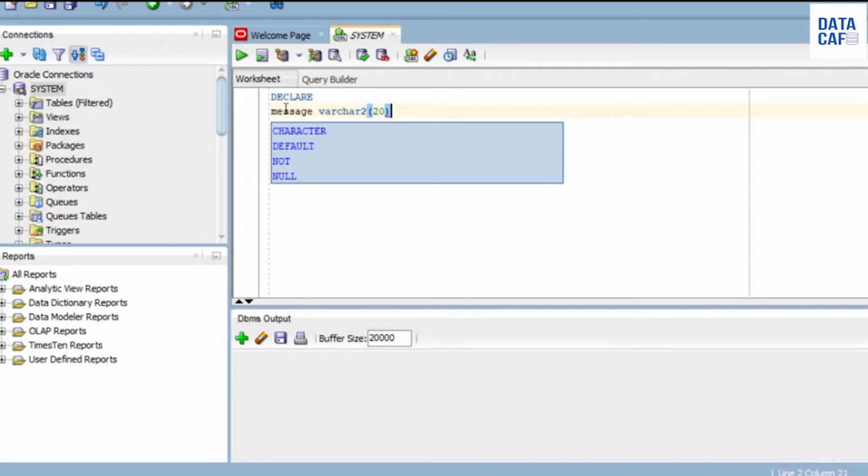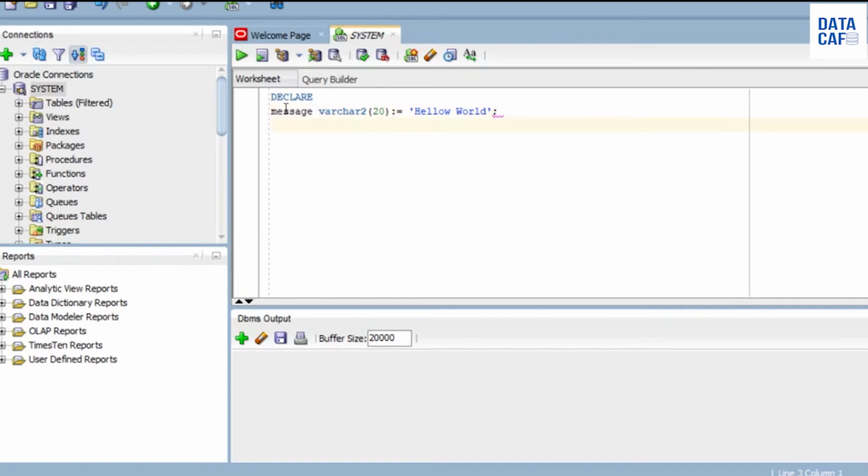Then I am initializing a value for this variable. My value is hello world.